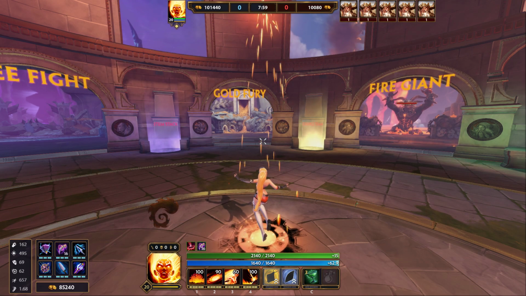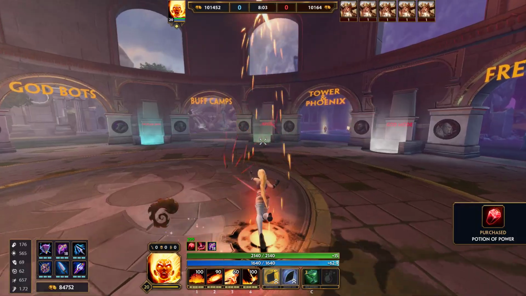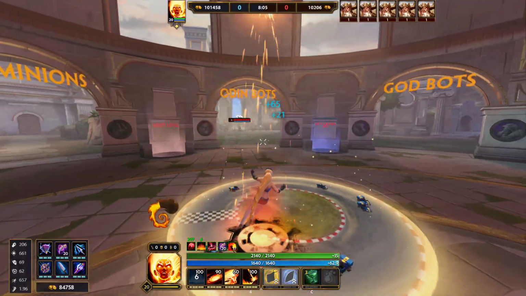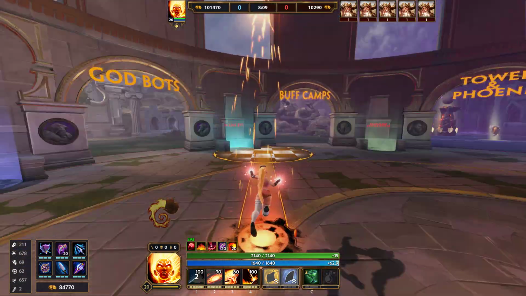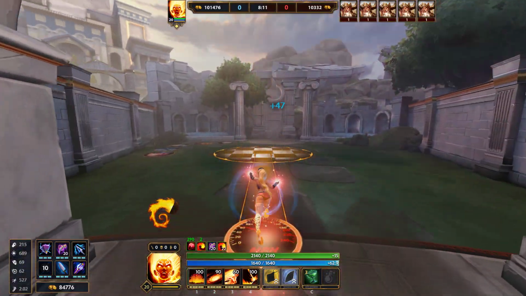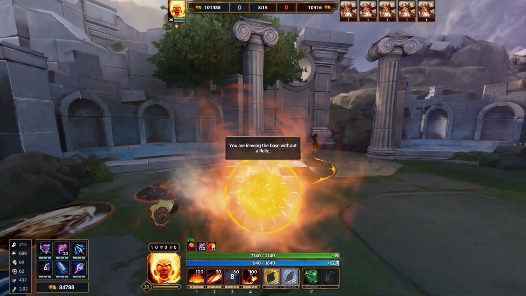Now you got your 30% cooldown. And then you finish off with a red pot. And you get your max cooldown. And that is pretty much it for the build. Just kind of give you a little demo of how she works. I usually like to do it against a Ra. And I'll kind of show you how you